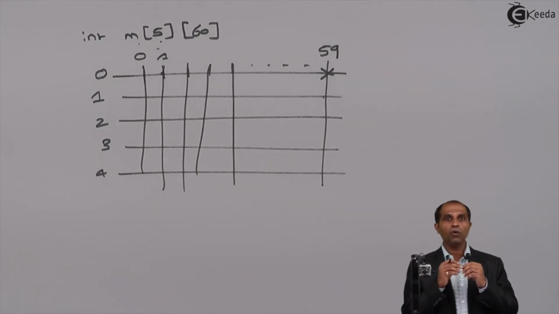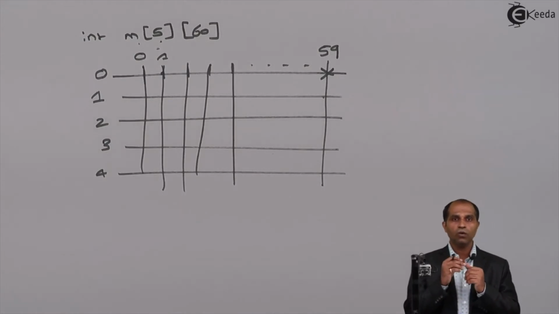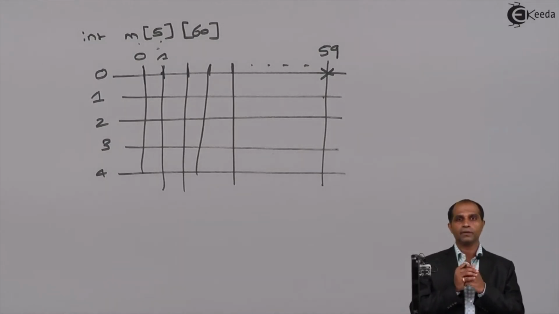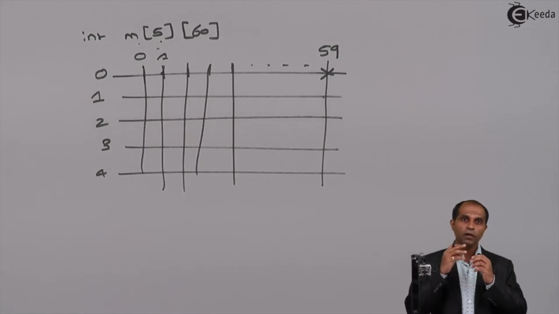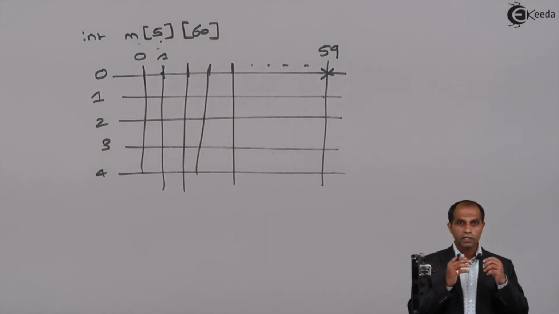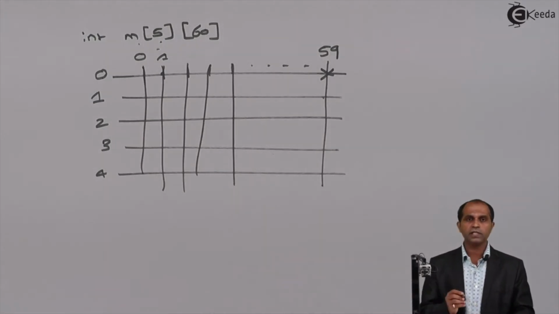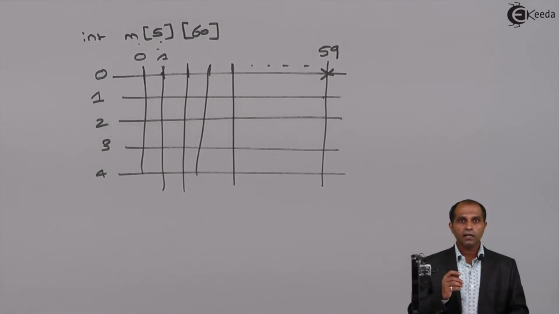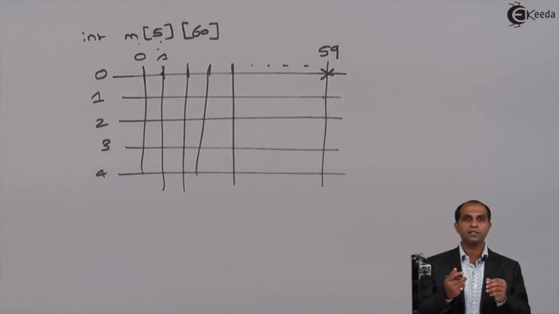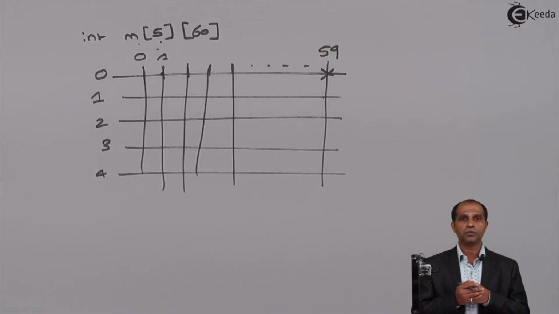Now the question comes: how do I go about the reading process? How do I go about displaying the values? How do I go about processing the values? Is there anything called initialization? We'll see all this in detail. Before we see that, let's understand the concept: is there a 3-dimensional or 4-dimensional array? Yes, you can extend this to multiple dimensions also.